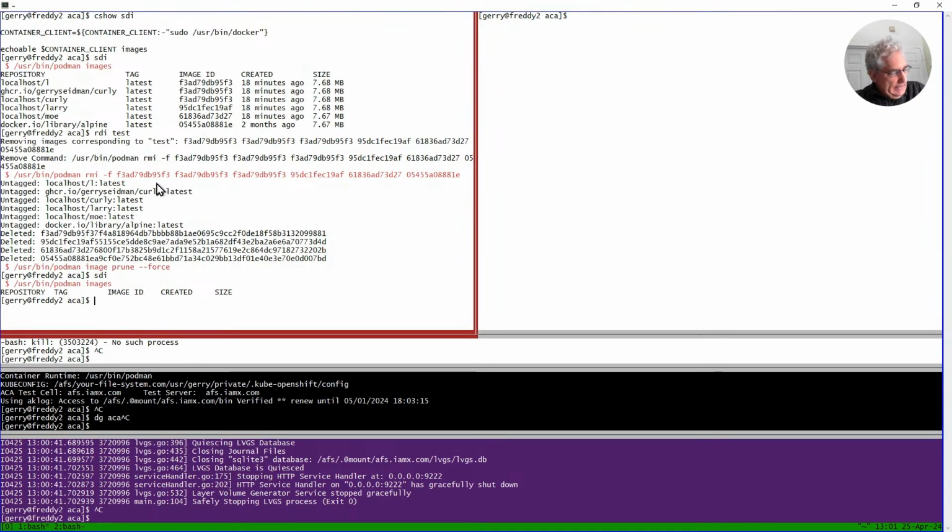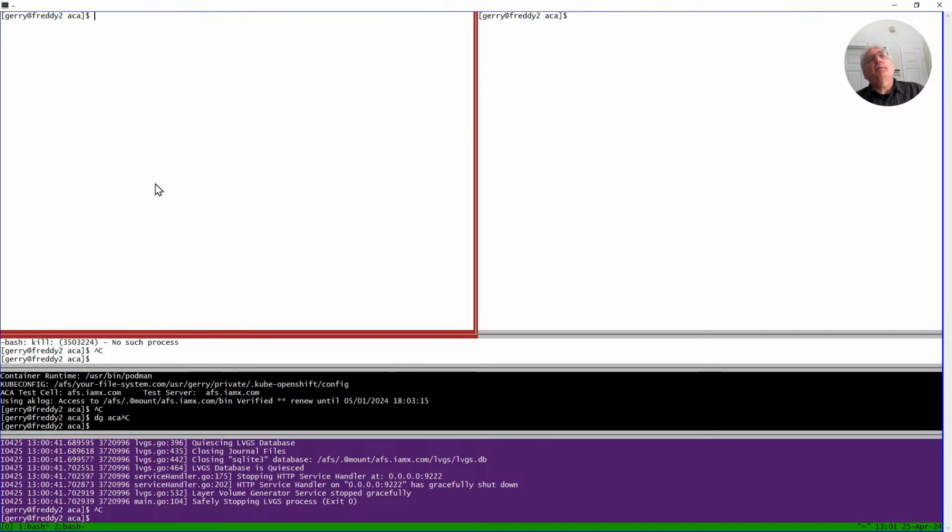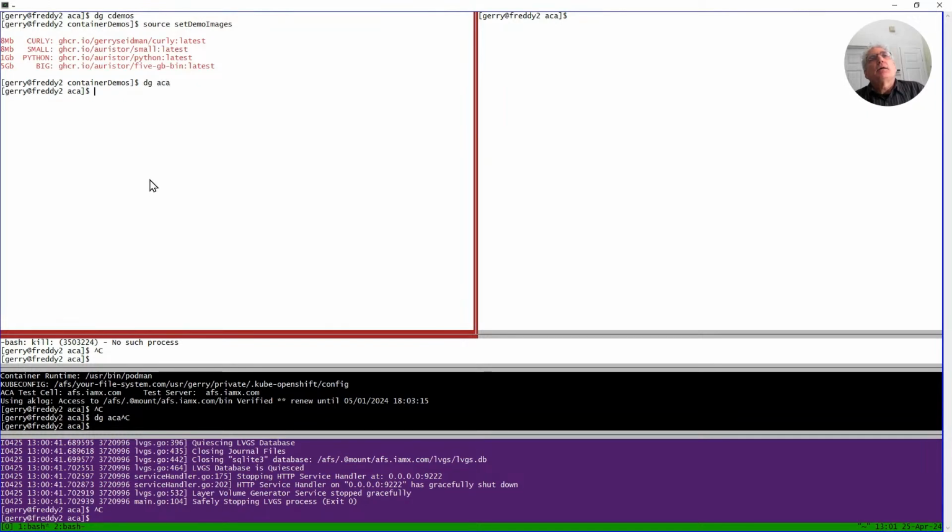Now I want to use some invariant variables, so source set demo images. I just have some environment variables set.